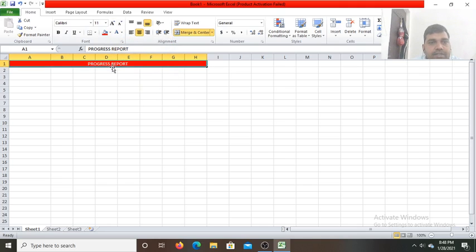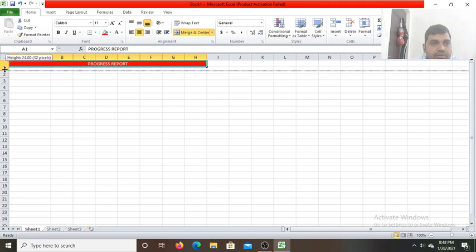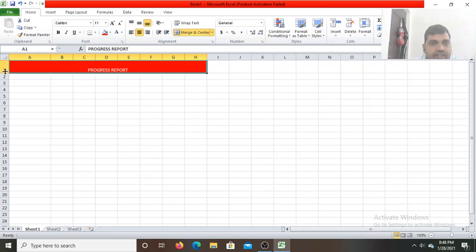Now see it becomes white. Now if you want to increase the height of this row, we drag it down. Now its height will be increased. Now suppose you want to place this text in the vertical center. This is the bottom align, this is the middle align. If you want to make it middle align, click on this. Now it will be middle aligned like this.